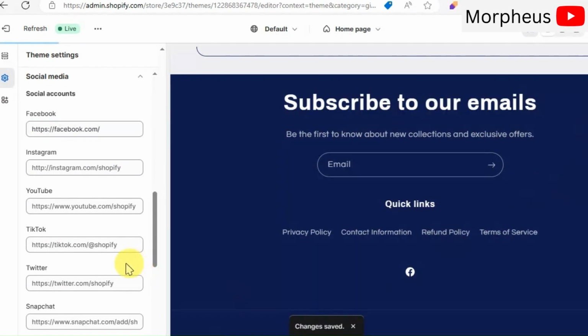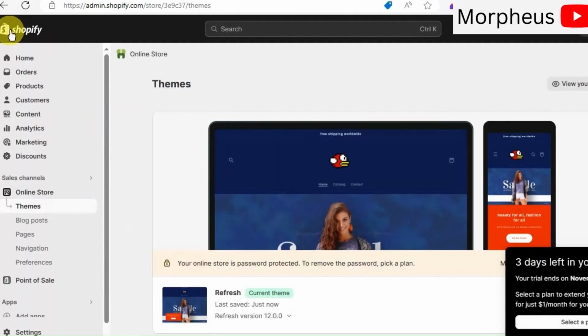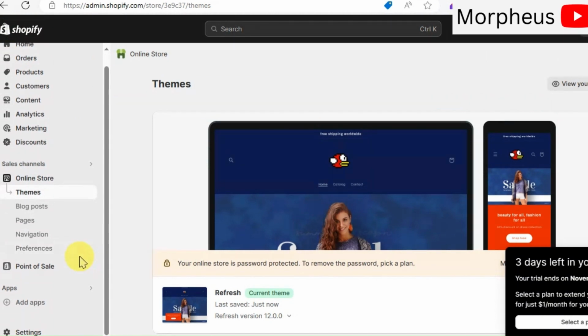Now that we've added our footer menu, we need to add our main menu, which is the first thing that your customers will see when they're looking to get into different pages of your online store. For that, go again to your dashboard and click on Online Store, then Navigation.